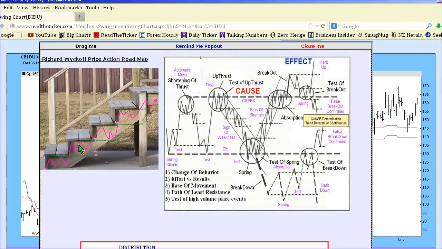If I open up my remind me box, here on the left hand side you see a basic step pattern where price goes up, breaks resistance, forms support again, it keeps on climbing up a nice little step. So it's working between the support and resistance lines, as we see in our Richard Wyckoff roadmap. And we're sort of seeing what happens with the spring, the test of the spring and other tests